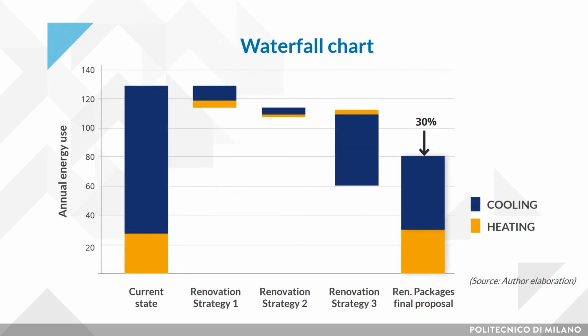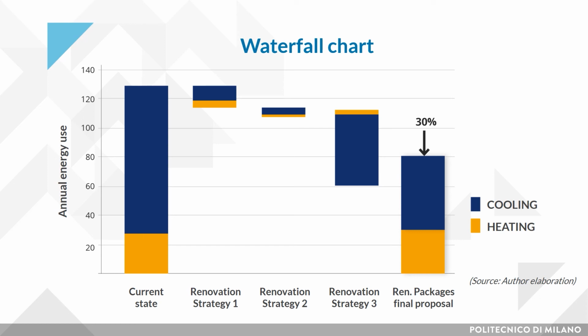The waterfall chart is the last example. It shows the improvements that individual strategies make to the baseline design, with the final bar showing their combined effect on it. With this graph, you can clearly provide the condition and values from the current state through the application of each single renovation strategy until the final configuration.